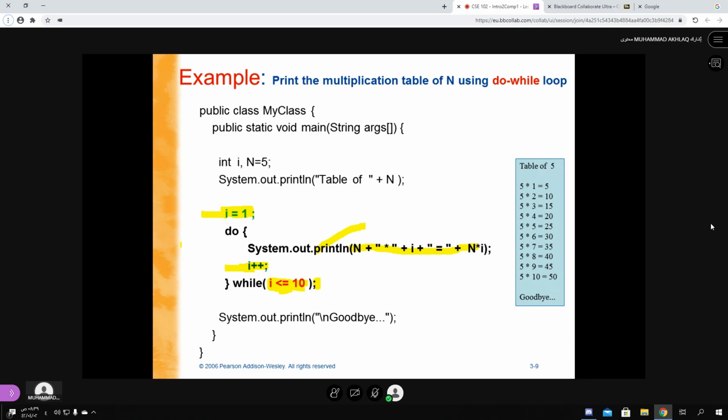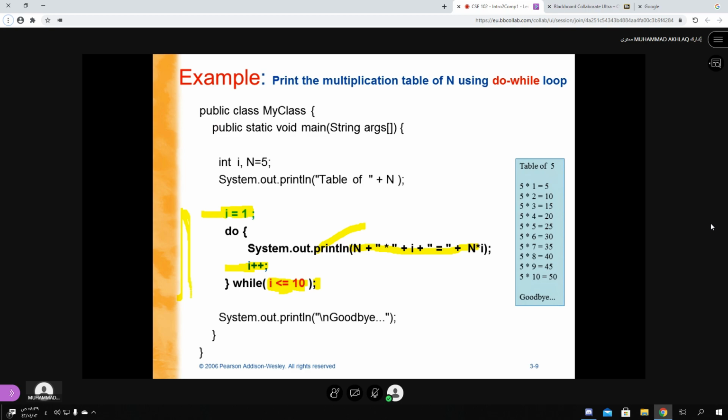So when you need a loop to run at least once, for example, the login screen should appear at least once. If he enters the correct username and password, it will disappear. But if he enters wrong, then it should reappear. So it should be just like a do while.